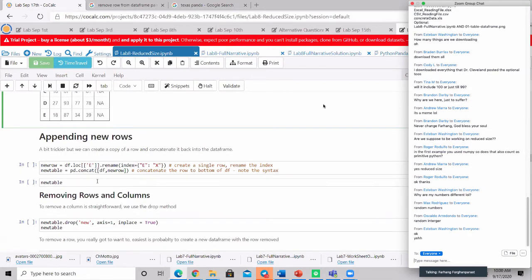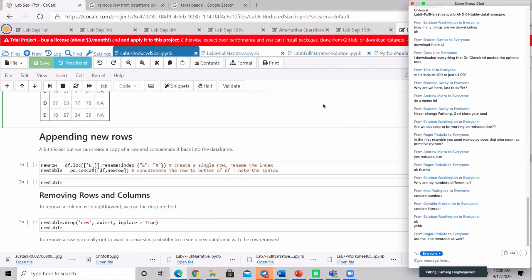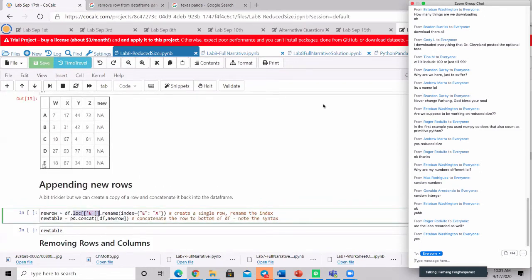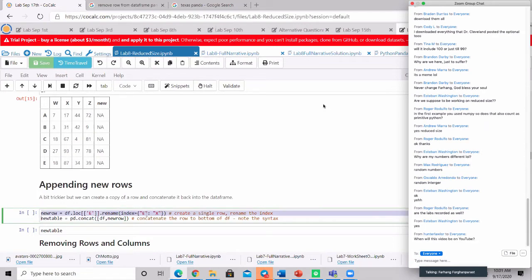As Dr. Cleveland has mentioned, it is a little trickier, but it's nothing tricky for you. So what do we want to do? We want to create a new object, and we are calling that the new row. Then we want to go to our data frame, df, in location E. Where is location E? Here. And then we want to rename that to be X. So basically the meaning of this line is that we